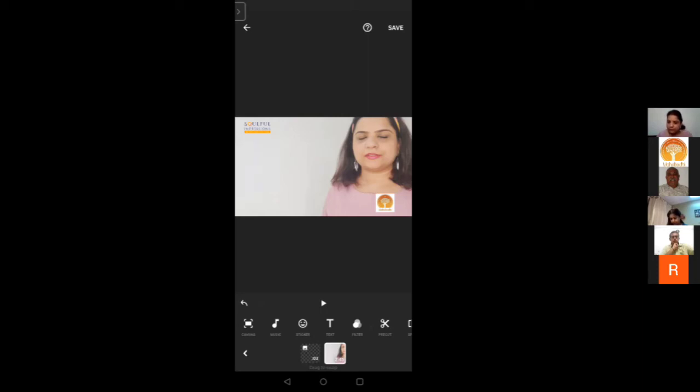Now once you have clipped it and you have seen that there are 2 clips and you want to make an edit in the video clip, your option is to cut, right? Now in my video you saw that initially I am trying to set up. I need to cut that part. So where do you cut it? You go to pre-cut. Can you see a scissor here? Select that video which you want to cut.